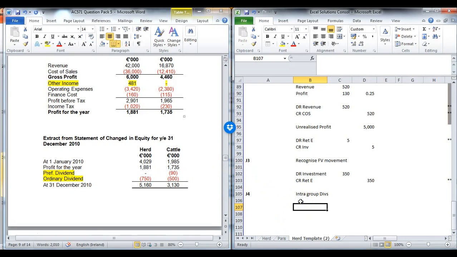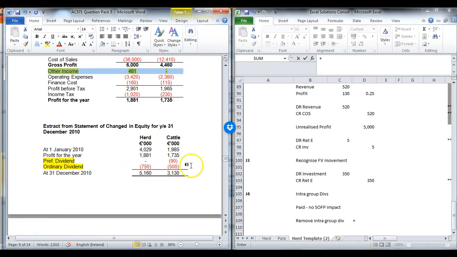So because it's paid, there's no SOFP impact. Right? So if it wasn't paid and was proposed, you may have to make adjustments as we looked at in prior slides or prior section in the course. However, when it is paid, all you need to do is adjust this blocky item. So you need to remove intra-group div. And in this context, the intra-group dividend will be, well, they paid 500 of ordinary dividends, so 500